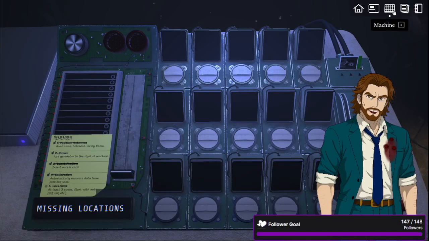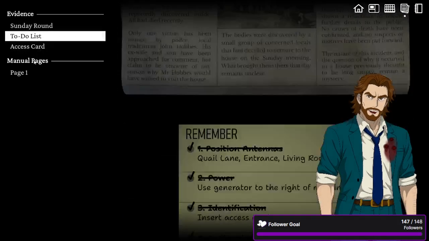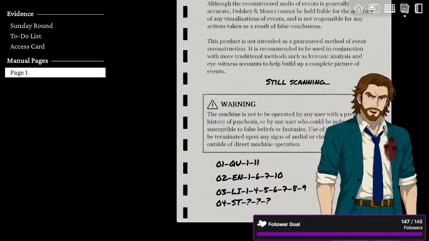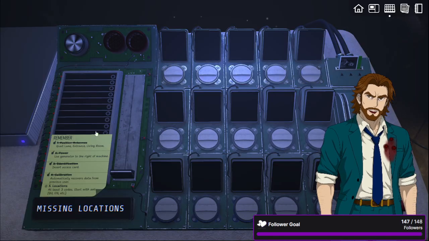So, and then I think what you can do is you come over here. You would see you also have QU, EN, LV, LI, and ST. So we also can have another room if we continue this pattern. Obviously, the LI would be the living room, so we can put that one real quick.